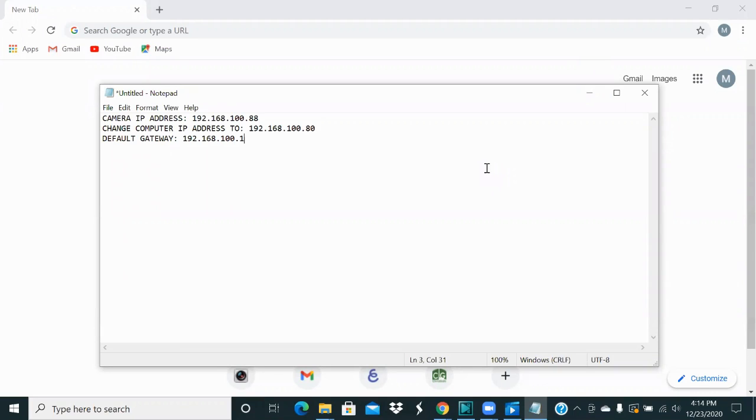For the 1560 models, there's not much different. The only difference is that the IP address that you're going to be changing your computer to is different. So the camera IP address for the 1560s and all the other models that I listed is 192.168.100.88. And you're going to be changing your computer IP address to 192.168.100.80. And the default gateway is